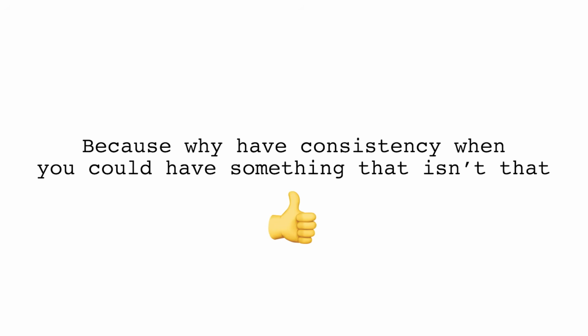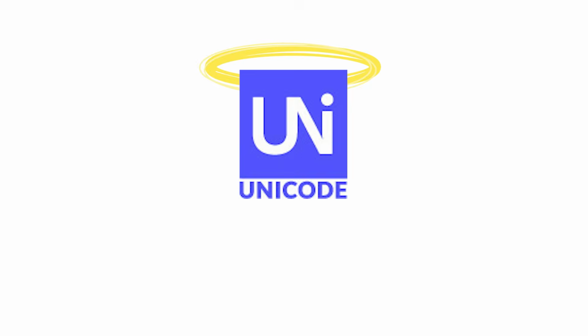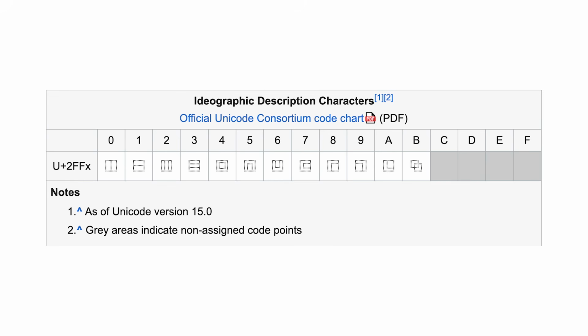With all of these rules, plus the occasional exception to keep it spicy, each character has a correct way to write it down. This, combined with a set of radicals, can then fully describe the way any Han character is broken down and how each of its segments is written. We can even type out exactly how it's broken down with the wonders of the Unicode Consortium, also known as our emoji overlords, which in 1999 introduced 11 ideographic description sequence characters to Unicode to represent how characters are composed from one another, including next to each other, top-bottom, and so on.